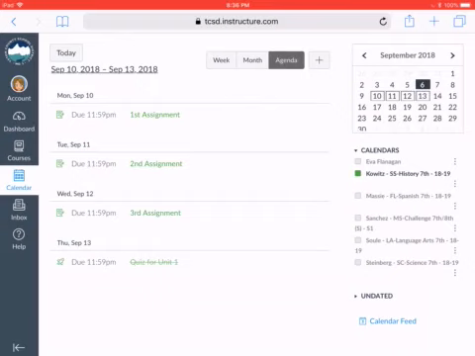So these features are great in Canvas. I hope you can use them this year to turn in your assignments on time, keep your grades high, and if your teacher has any other help